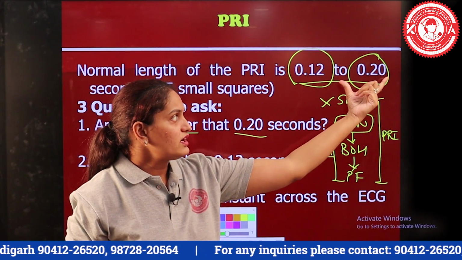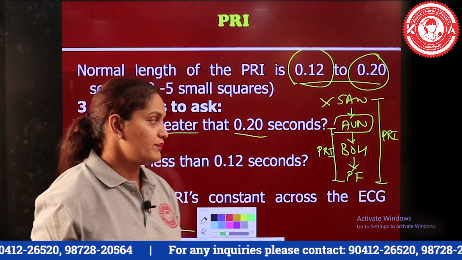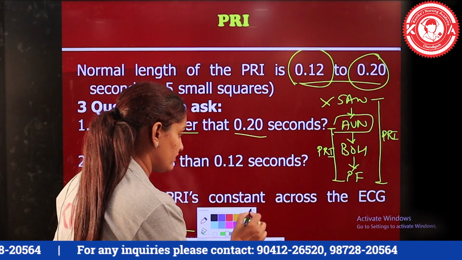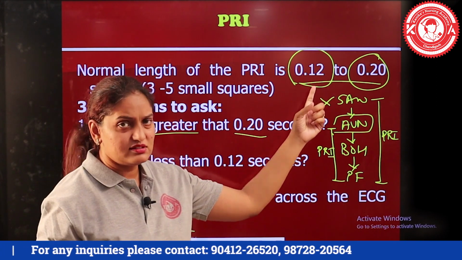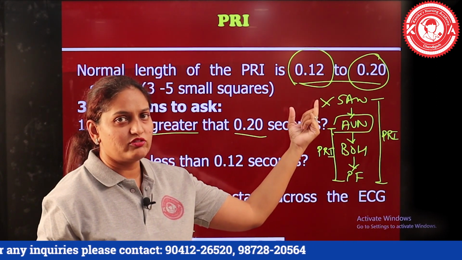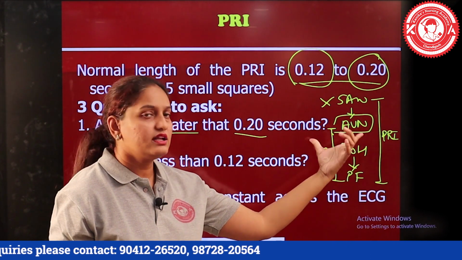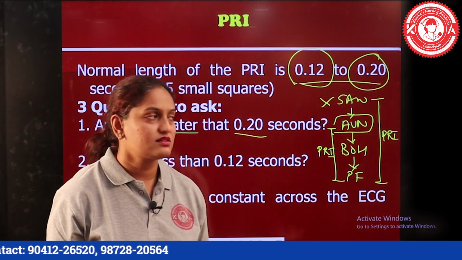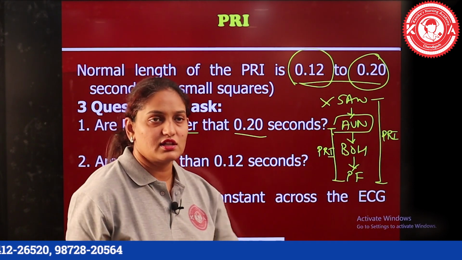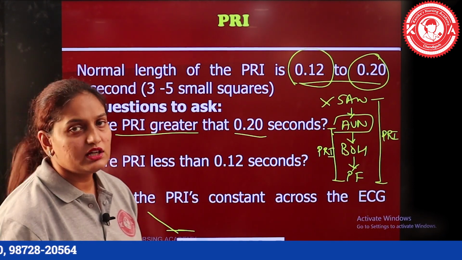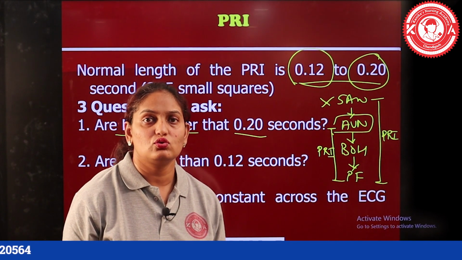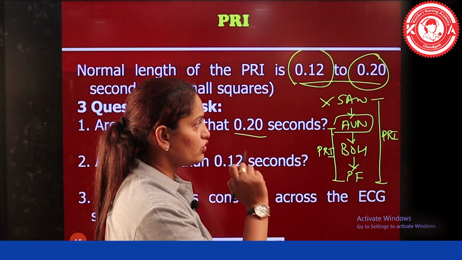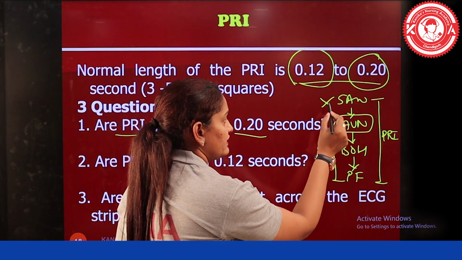The second case is whether it is more than the normal. So in what cases will it be? If I would just answer this first question, in what cases the PR interval is less than 0.12 seconds, you would say that in case of atrial or supraventricular dysrhythmias, the PR interval will be less than normal. Second is when the PR interval goes to more than the normal value. So the answer to that is, again we would say that